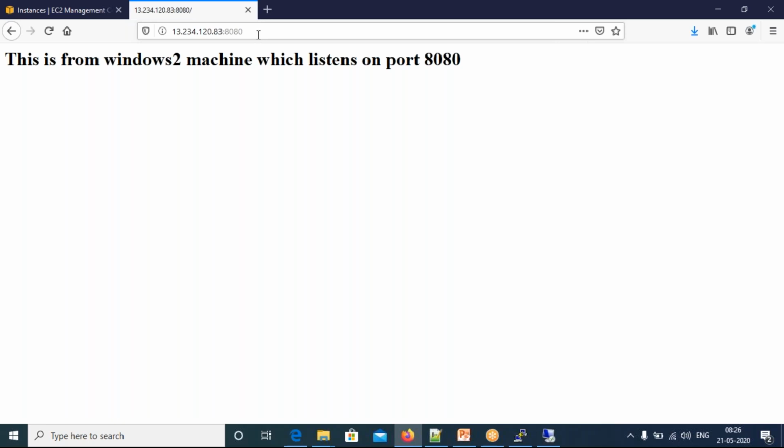Quickly you can create a new instance. On the fly you are able to solve your business problems. Whatever problems you have, on the fly you can create a new server. Okay, this is clear now. So I am able to make a request on this. I'm able to access my website through port number 8080.